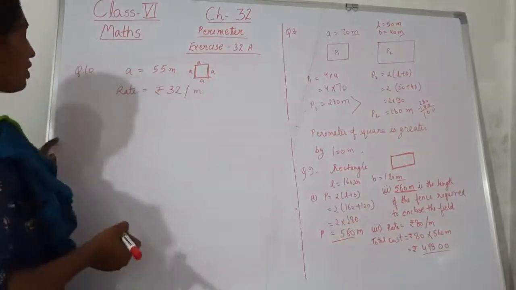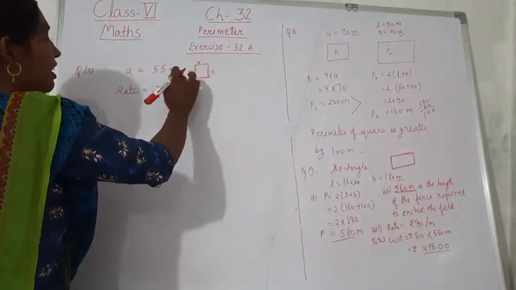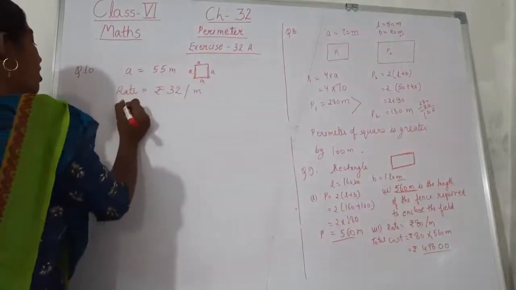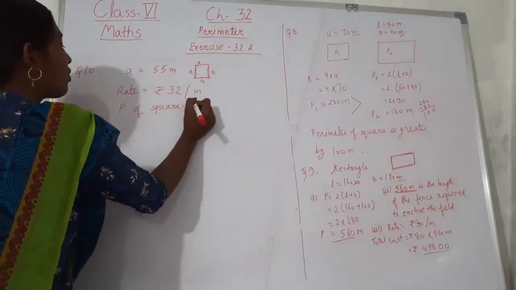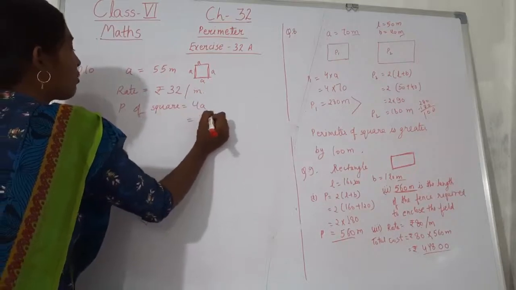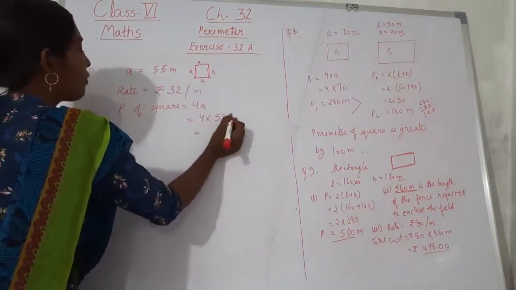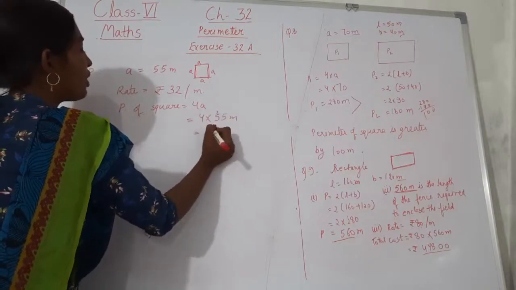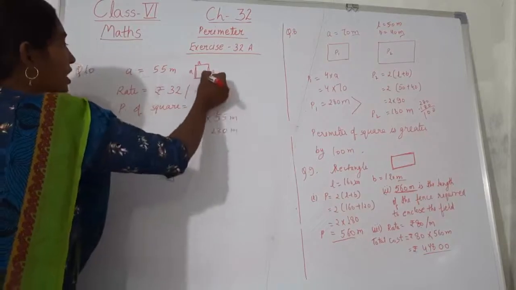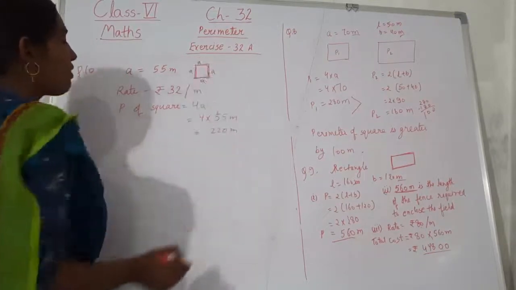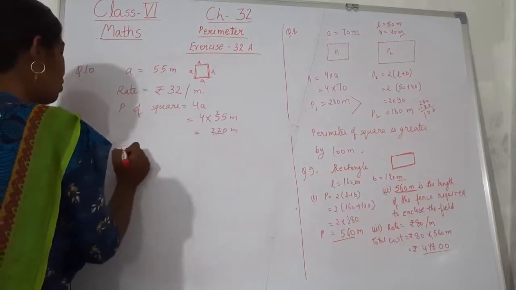Okay, so first of all we need to find out the perimeter, कि इसके चारों तरफ फेंस लगाने के लिए हमें इसका पेरीमीटर फाइंड करना होगा. Perimeter of square formula we know already 4a. So 4 into side is given 55 meter. Multiply 4 5s are 20, 4 5s are 20, 220 meter. This much is the total fencing we need. So total is 220. So total cost